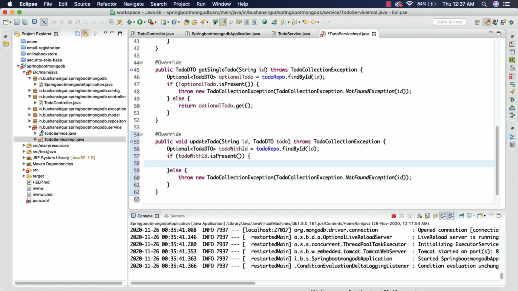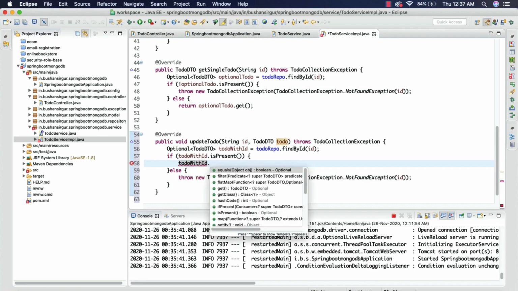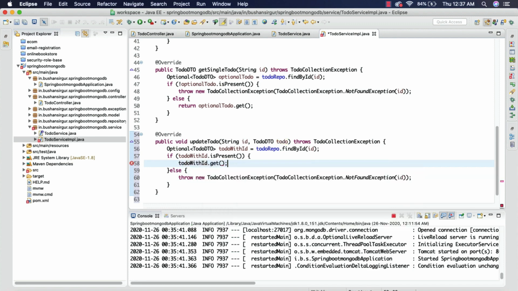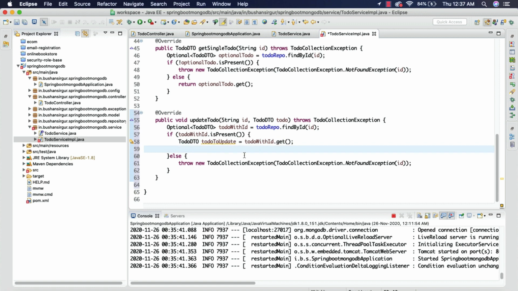If we found an object, first we have to get that object. So toDoWithID.get, and I'm going to store that in a variable ToDoDTO, and I'm going to call this toDoToUpdate.